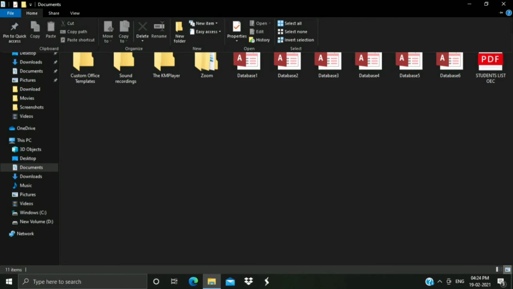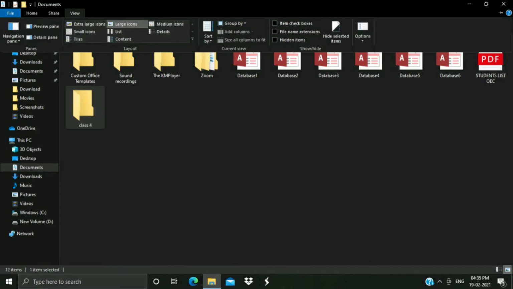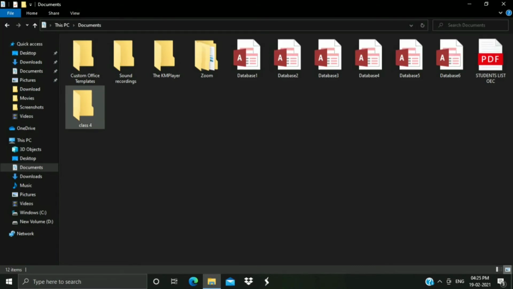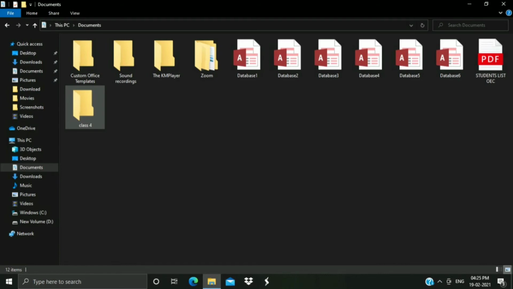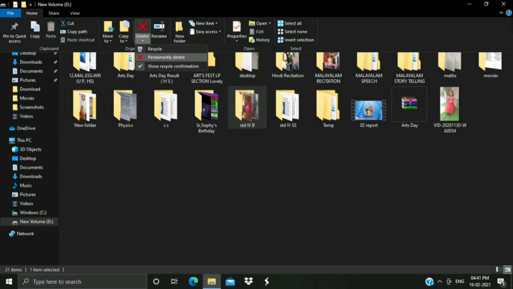And then how to delete a file or folder. We can delete a file or folder which has no use. For that purpose, we go to the location containing the file and select the file. From the Home tab, in the Organize group, click the down arrow and click on the Delete button. Now we get a list of options. Click Recycle, which is used to delete a file, and it is sent to the Recycle Bin. And the other option, Permanently Delete. This option deletes a file or folder permanently from the computer, and the selected file is deleted.